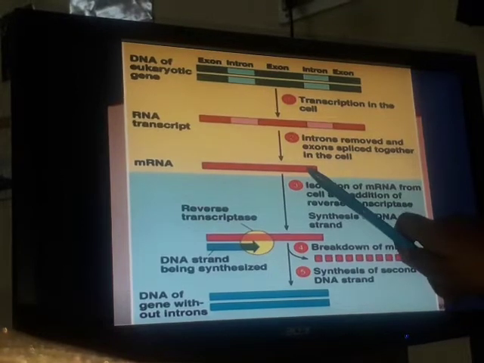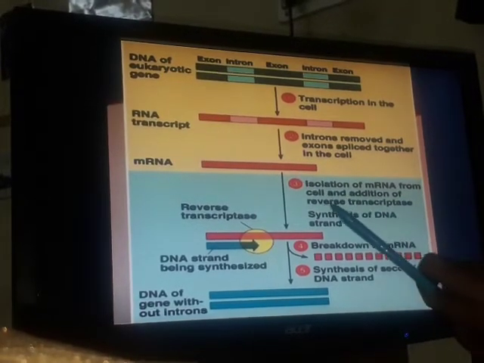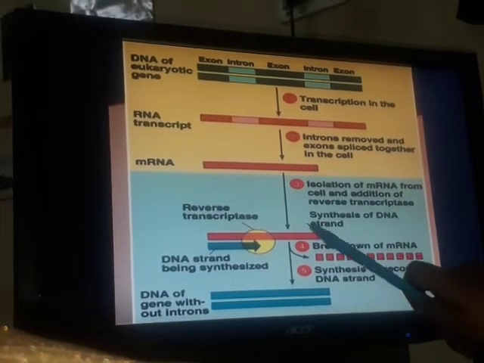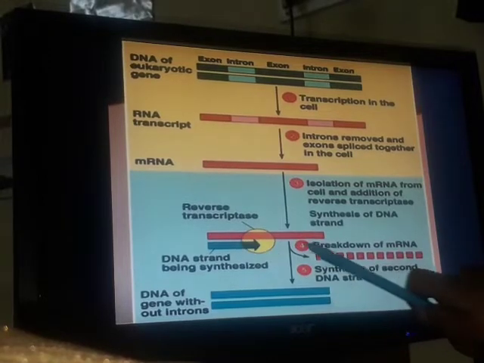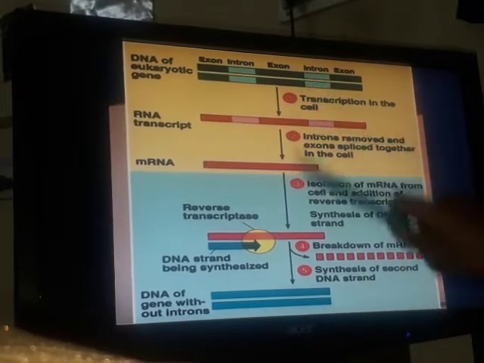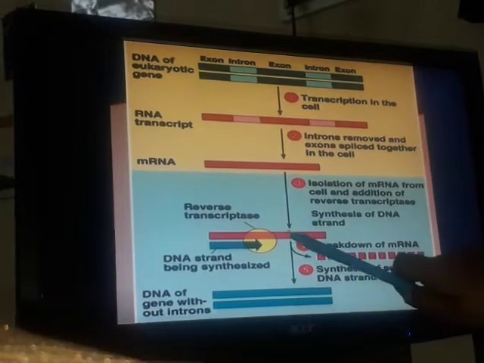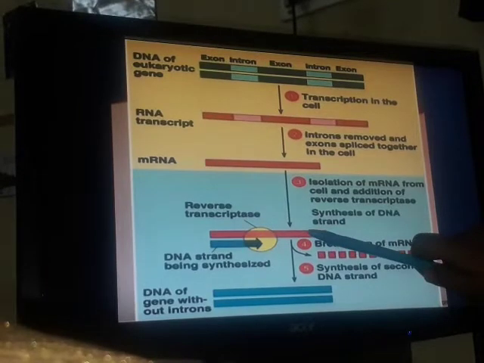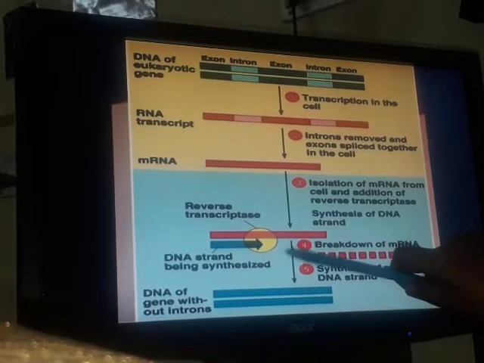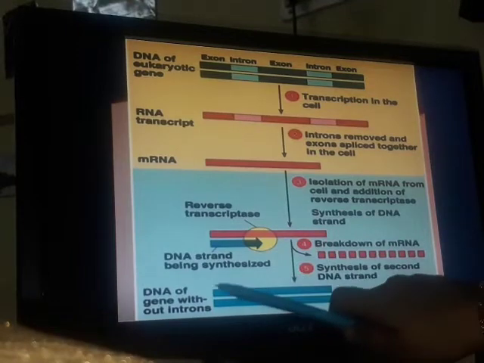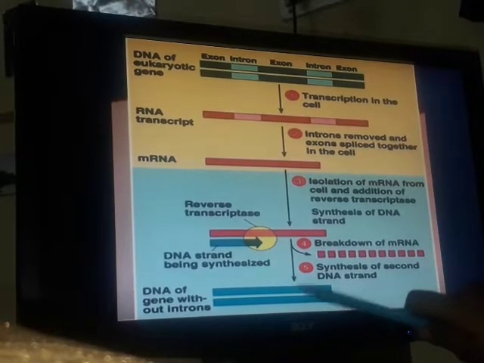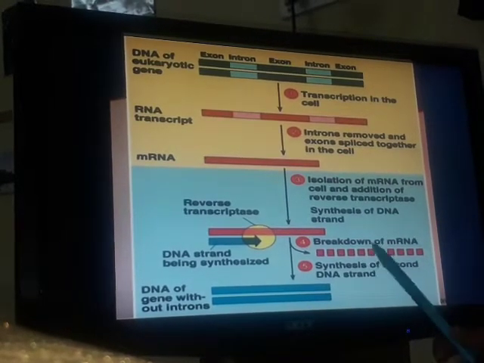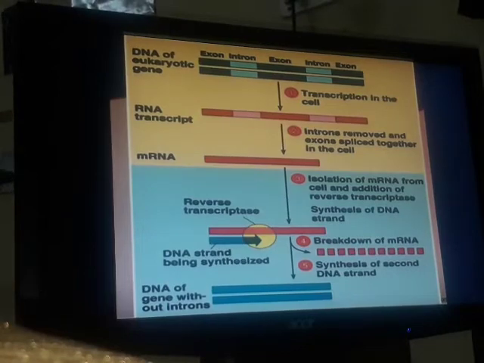What is the next step here? You have to treat this mRNA with an enzyme called reverse transcriptase. As you know, reverse transcriptase changes RNA into DNA. So now you got a DNA of that particular gene. But the difference between this and this is, here you have introns, here you do not have introns. So now what you are doing here? You got a single-stranded DNA that is being changed to double-stranded DNA by DNA polymerase. So you get this particular DNA. Now you can cleave this into different fragments and then insert that into vectors, and then transfection can be done.